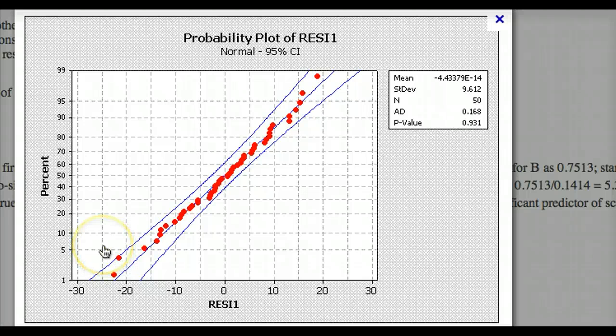But if you started to see patterns or started to see a lot of these outside of these confidence bands, I would be concerned and I would want to investigate further. You may also look at a box plot, and the important thing about a box plot is there should be no outliers or values present. So that's something to consider. Once you've determined that your